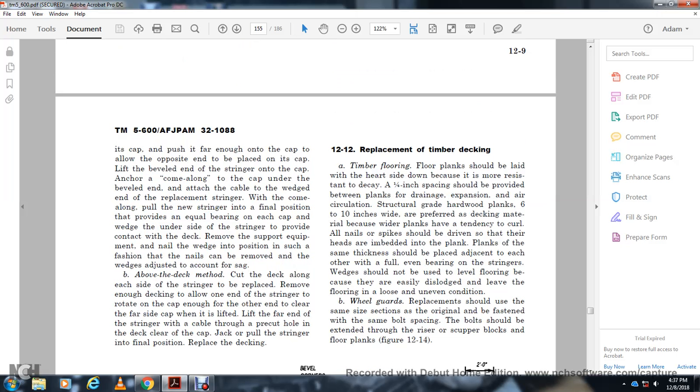Alright, 12-12. Replacement of the timber deck. And the timber floor with the floor planks shall be laid with the heart side down with the more resistance to the decay. The 1/4 inch space should be provided between the plank with the drainage expansion for the air